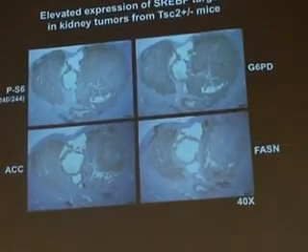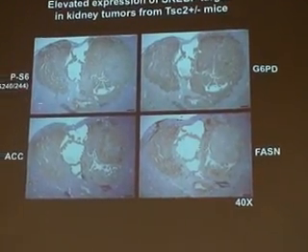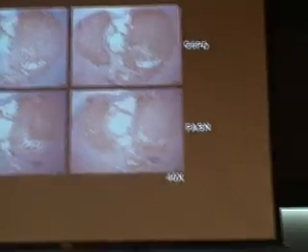The first place we decided to look was in the kidney tumors of TSC2 heterozygous mice. These mice, when they lose the wild-type copy of TSC2, develop renal cystadenomas. You can see these pictured here, and this is staining for phospho-S6 as an indicator of mTORC1 activation. You can see that the tumors stain very strongly for phospho-S6 compared to the surrounding normal tissue. I looked at expression of SREBP targets in these tumors and found that they very nicely correlated with mTORC1 signaling,